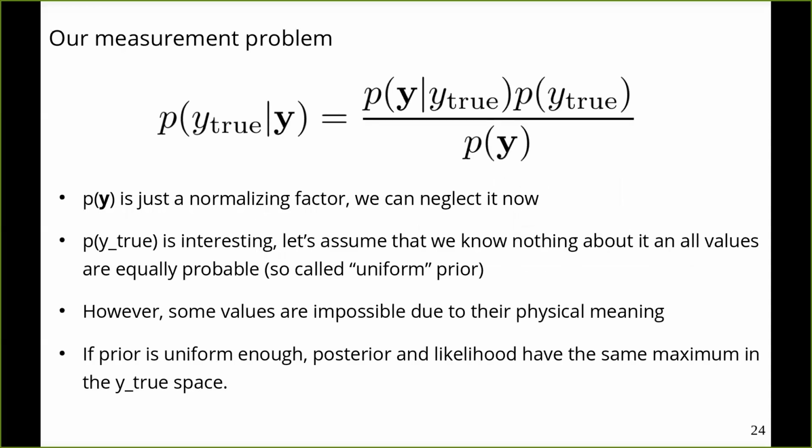However, let's go back to a more serious problem, which was our measurement here. So what we wanted to find is the peak of this probability on the left. So the probability that we are interested in is for which value y true, given the measured vector y, is this probability the greatest. However, that probability depends on 3 factors. One is this likelihood, which we were talking about before. One is this a priori probability. And there is this normalizing factor here, which in case that we have settled on our model, and now notice